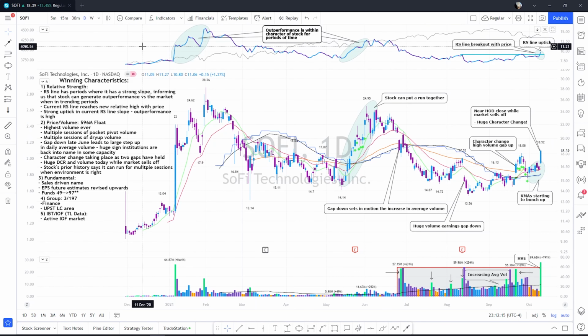Now that we've gotten comfortable and built an understanding of what relative strength may do, we can look to see, based on the price and volume action, what the character of the stock is as well. We have this huge bar. I don't know what data this is printing from TradingView, but this looks like IPO day, blast off into highs from IPO, and then a die down in a large base. We see another trending period, it tries to consolidate, then gaps down and dies. Throughout this stock there are a lot of little gap downs, which is worrisome off the bat, but